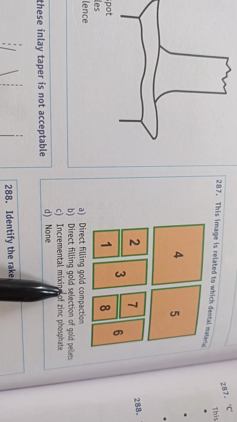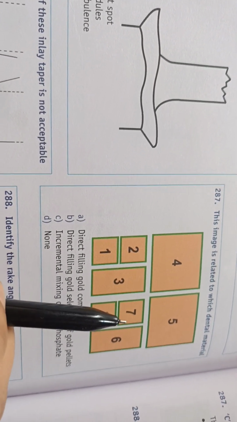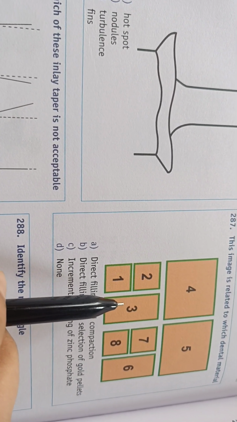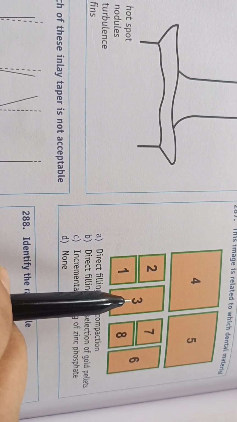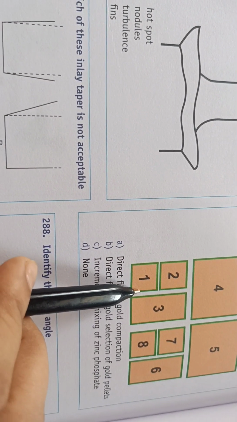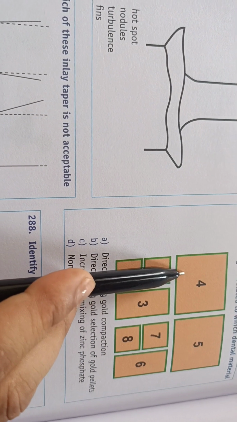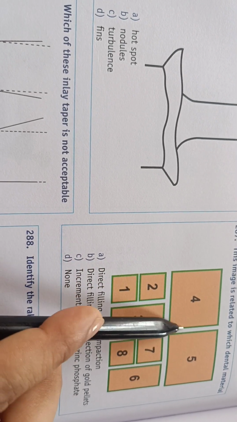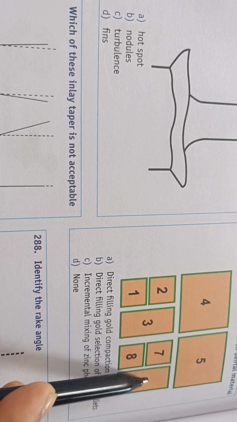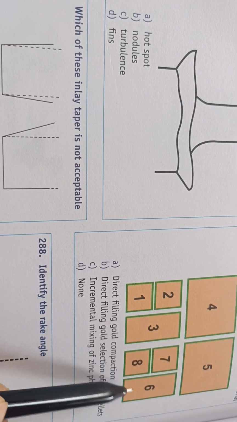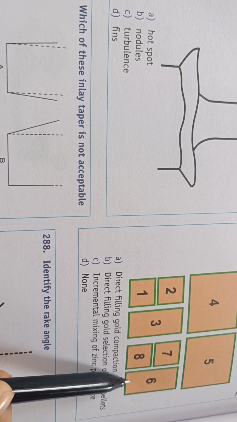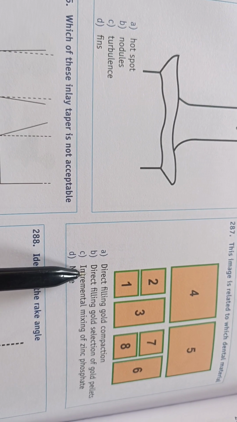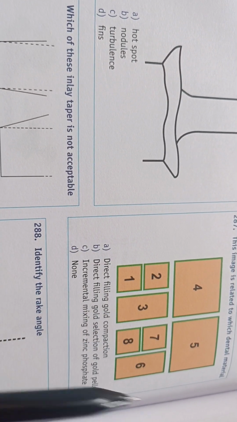Why? Firstly, if you see, a small amount of powder, 1, 2, 3, is added into the liquid to achieve slow neutralization of the liquid and to control the reaction first of all. Then second, a larger amount of powder, 4 and 5, is added to the liquid for further saturation of the liquid with newly formed zinc phosphate. And lastly 7, 8, 9. Here the 9 is mistaken for 6. So 7, 8, 9 are added again to control the optimum consistency. So it is option C, an incremental mixing of zinc phosphate. I explained it to you.